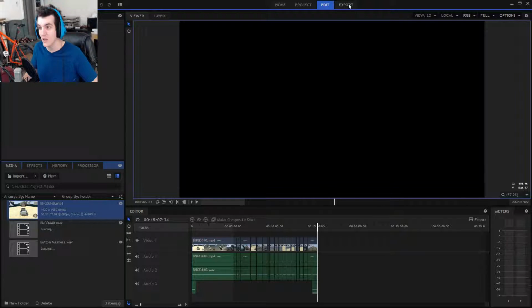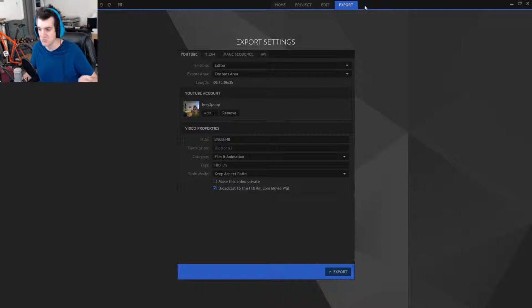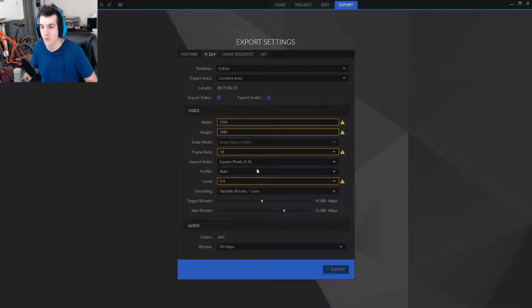So you can either click export right here at the top, or you can press Control 4, which I usually do because I usually just hit Control S to save the video. And now what I do is I do not save it as YouTube. It will compress the shit out of your video and it will look terrible. What I do is I use the H.264, and I use that because, honestly, I tried everything else